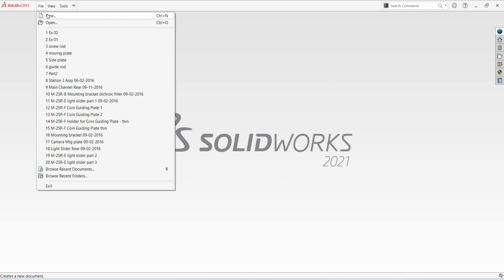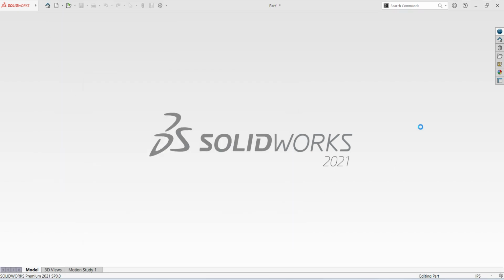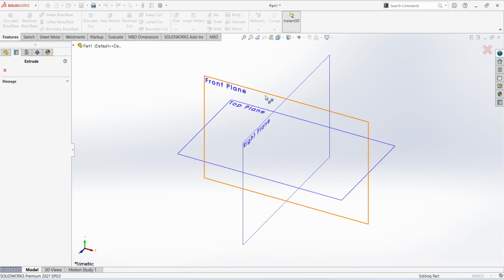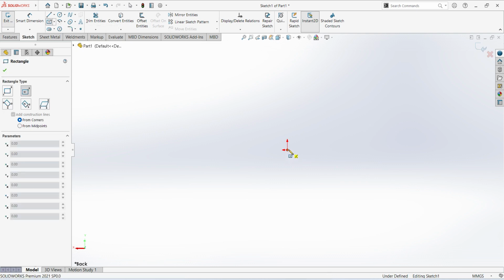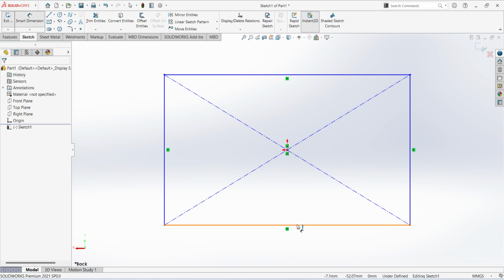Go to file, new part, okay, change the units, select the extruded, select the front plane, normal, select the center rectangle, give the dimension